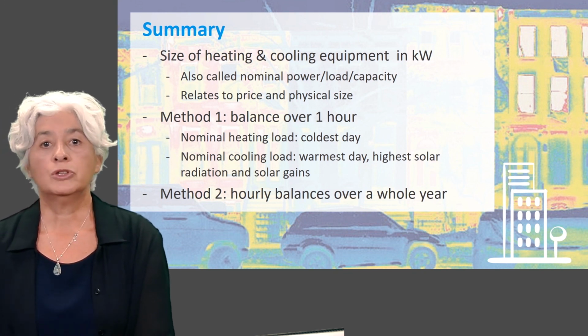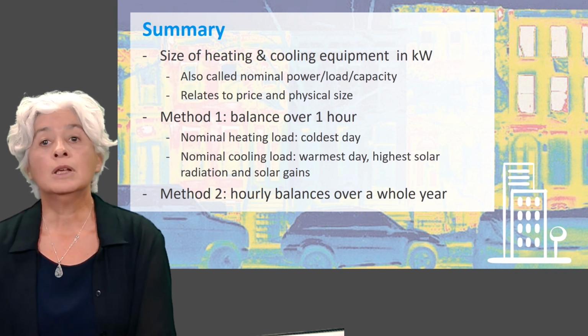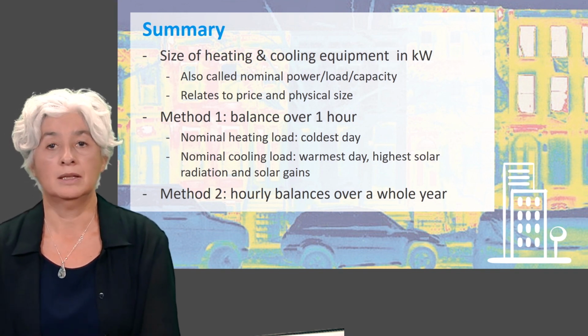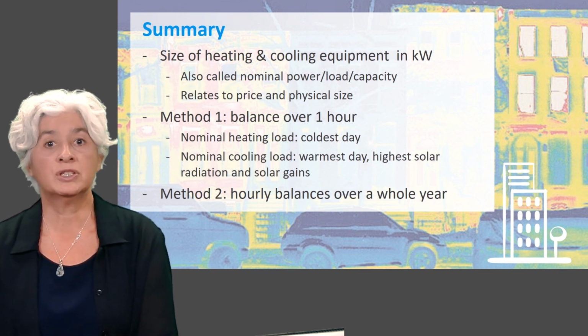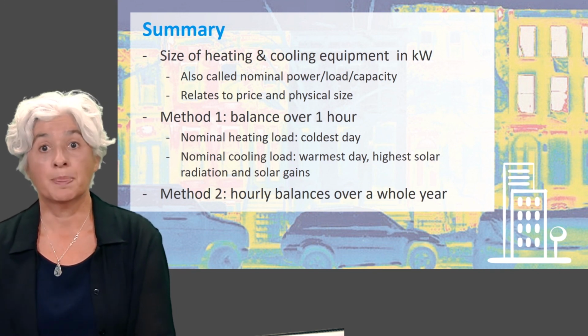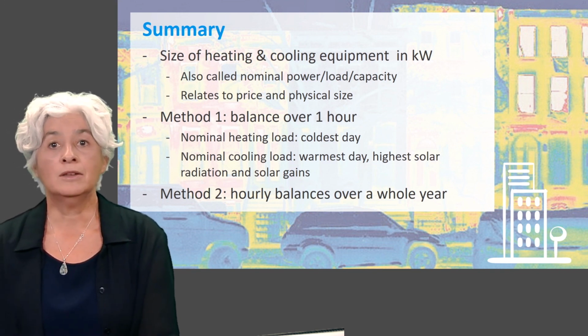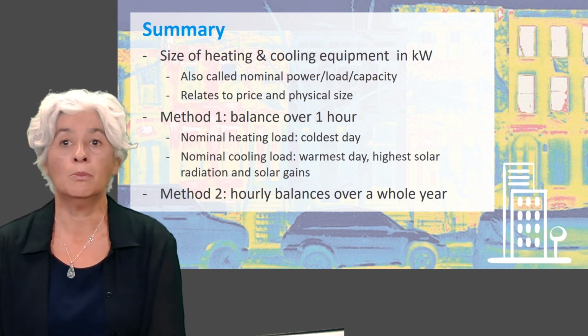With this method, which is often compulsory in building codes, both the heating and cooling load may be overestimated. Carrying out calculations based on representative weather data may give a more accurate result. The nominal powers are then the maximum powers obtained for heating and cooling when considering a complete year.